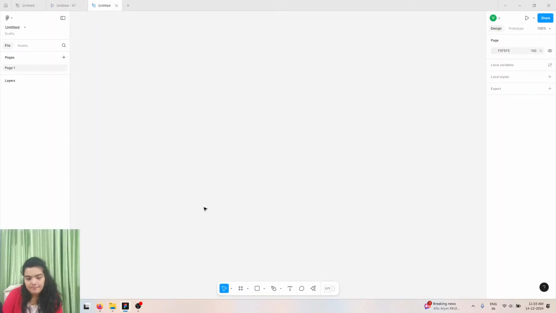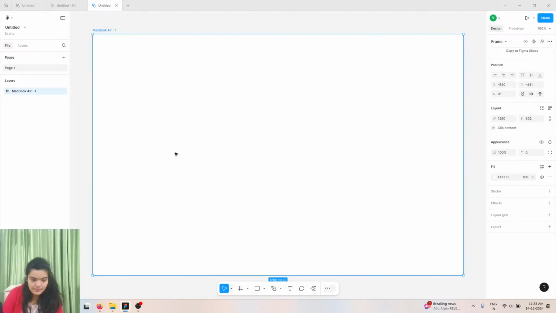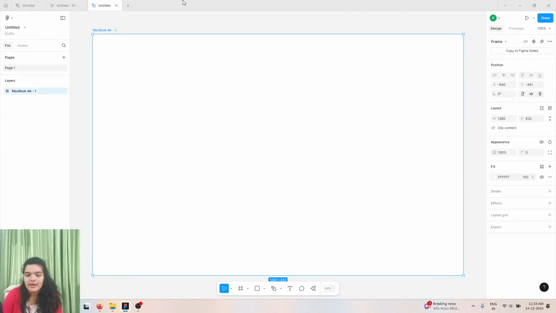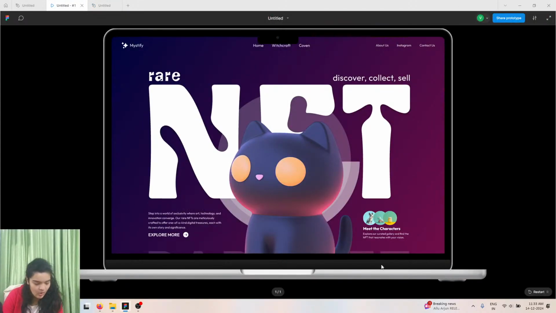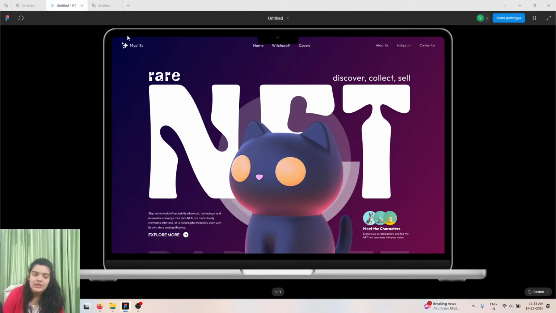Let's get started. You're going to click on this frame, and then you're going to go to the desktop option and search for MacBook Air, and then this imports for us a normal looking frame. This frame needs to be MacBook Air because the skin of the UI in which we're seeing this is MacBook Air, so you need to have this exact screen resolution to fit inside of this laptop skin. Alright,